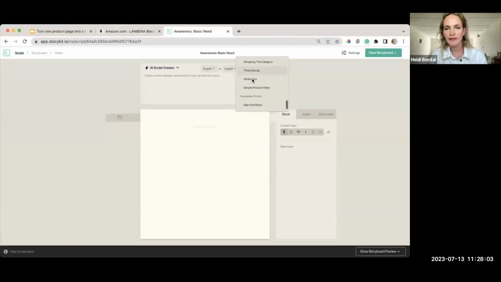I'm going to go down to the e-commerce creators that we have. So there's 6 of them, 2 at the awareness stage. It's the basic need and the how-to. There's 2 at the consideration stage, shopping the category, 3 strong. And then there's the perfect 4, which is for the action decision stage. And then there's the simple product video that's an overall funnel kind of video. But we're going to start top of funnel,